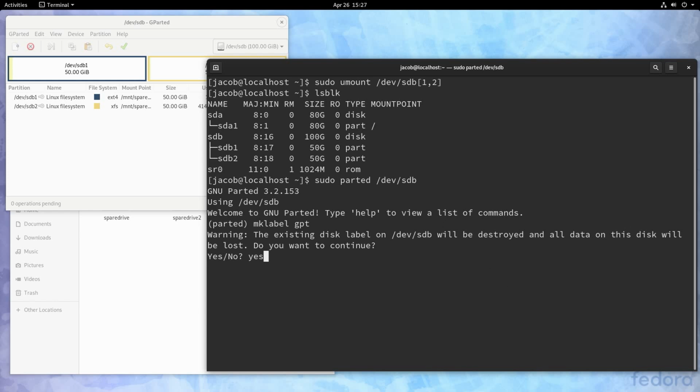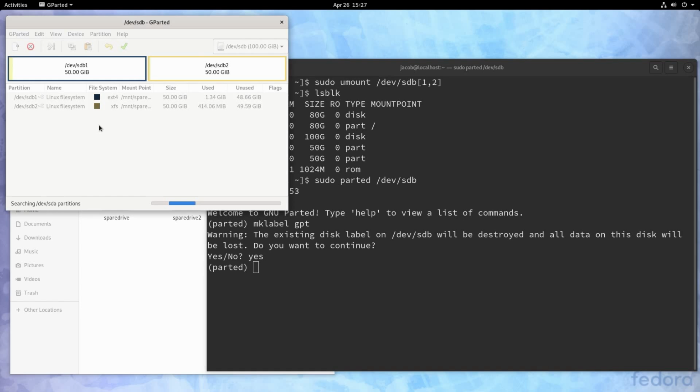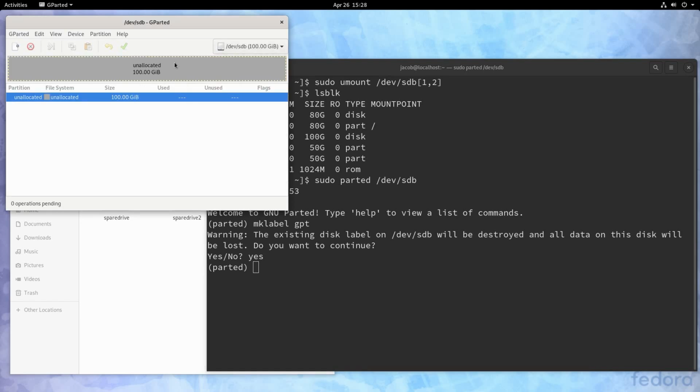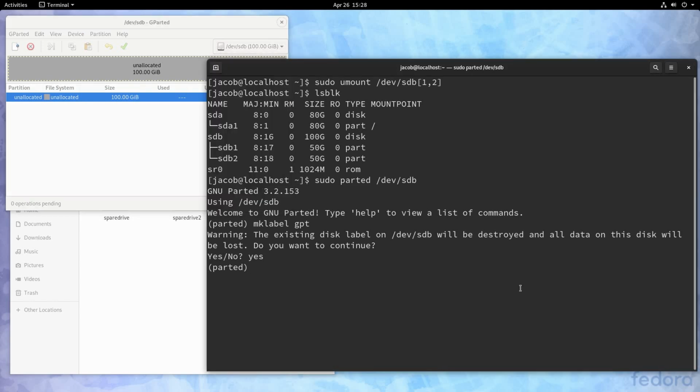We can enter yes. Now, something to note about Parted that's very important to understand is that it writes changes as it goes. So unlike with gdisk and fdisk, where you have to enter in that write command at the end to commit your changes, Parted will just make the changes. So if we come back over here into GParted and we refresh our devices, you can see those partitions are now gone. The partitions themselves, the file systems themselves, I mean, are still there. The partitions are actually gone because that table has been rewritten. So be a little bit more careful when you're using Parted.